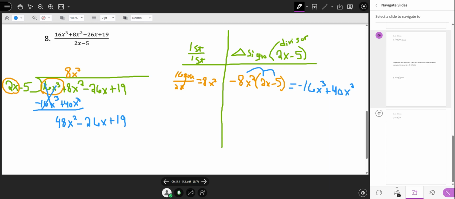And unlike with numbers, where you usually just bring down the next thing, in polynomial division, you bring all of them down. First divided by first. And that's positive